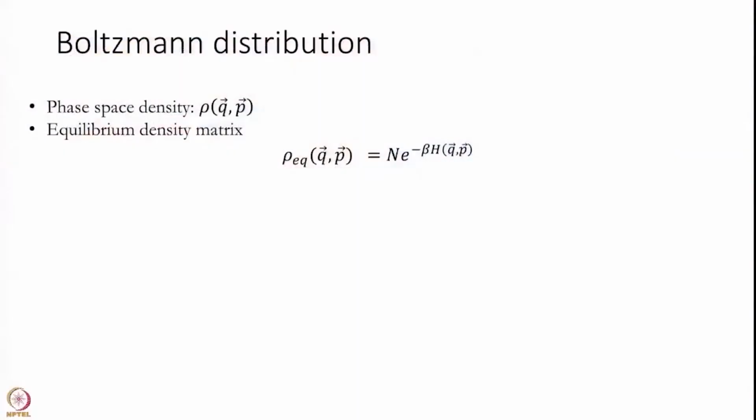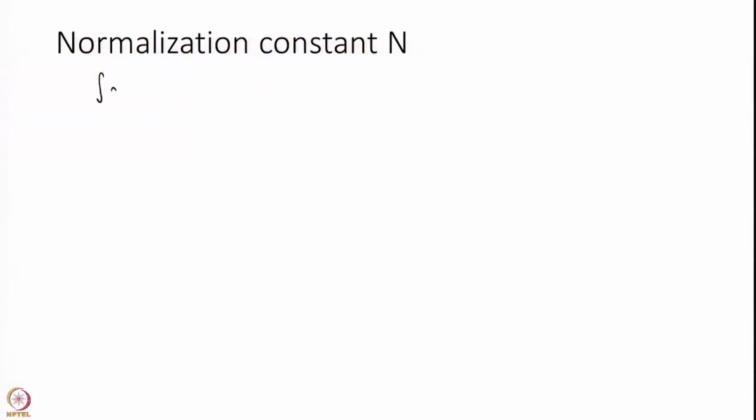So, what we have got is this Boltzmann distribution in phase space. It is very famous, I have just written it out clearly here. Let us get into what is the normalization constant n now. One property that we had listed is that the integral over all phase space will always be 1.